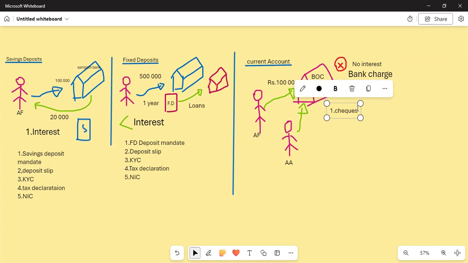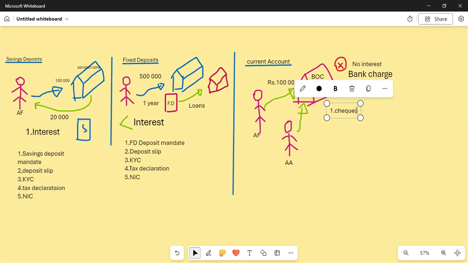Am I clear? Therefore, from my checkbook I can write that I am paying 10,000 to Asif. I can write a check and give it to Asif. And I'll say that on the 25th I'm getting some money, then I put the money in the bank, and Asif will get it from the bank. That is what you call a check, a way to delay your payments.